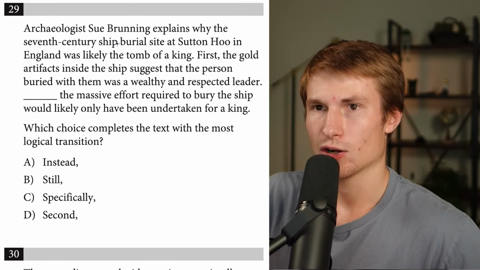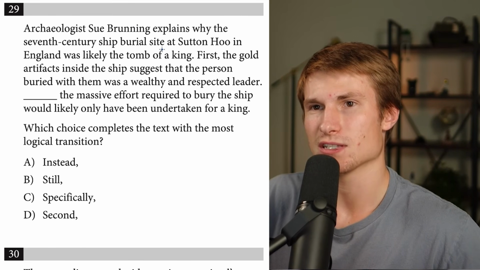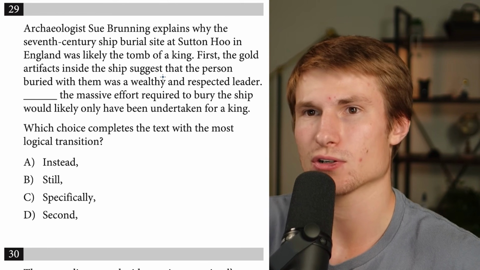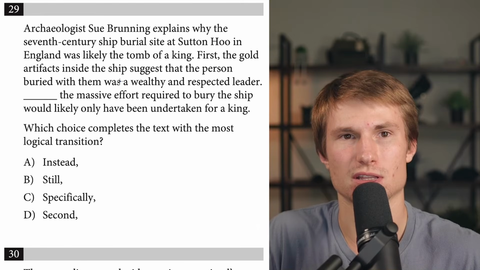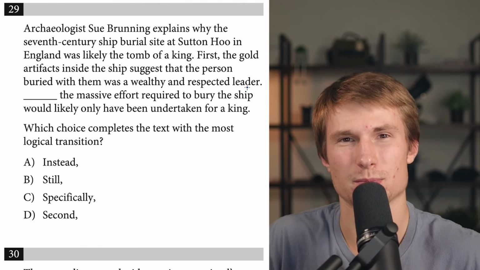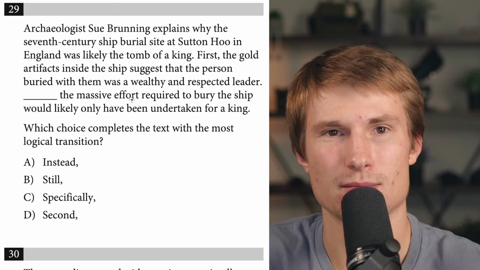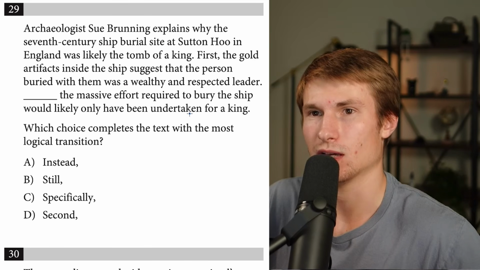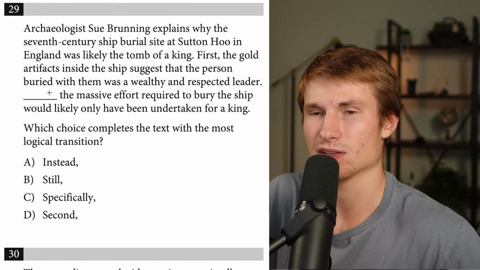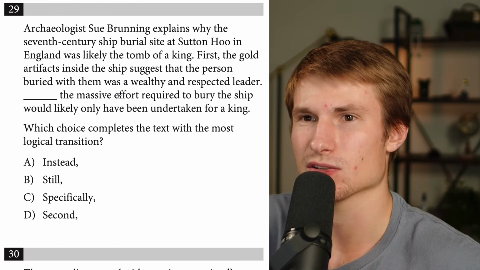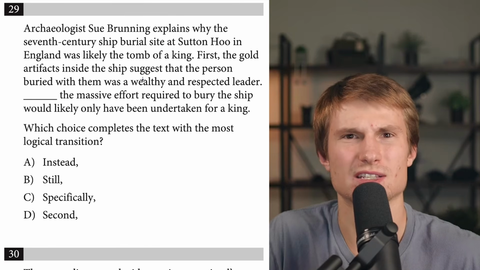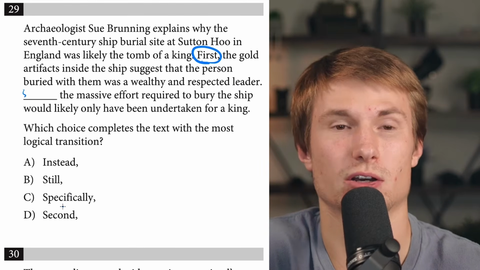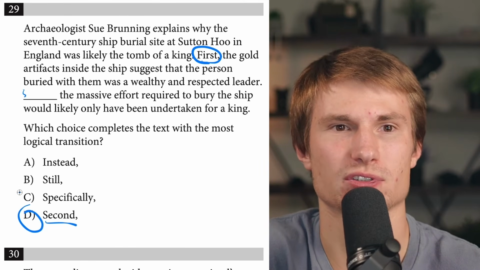Question 29. Archaeologist Sue Brunning explains why the 7th century ship burial site at Sutton Hoo in England was likely the tomb of a king. First, the gold artifacts inside the ship suggest that the person buried with them was a wealthy and respected leader. And then blank, the massive effort required to bury the ship would likely only be undertaken for a king. All right, so I would assume that that's something that is basically stating that it's likely. So the massive effort required, that's in addition to what came before it. We have first, okay, and then we'd have something like secondly here. Okay, second, yeah, perfect. We've got a match with the first, so our answer would have to be answer choice